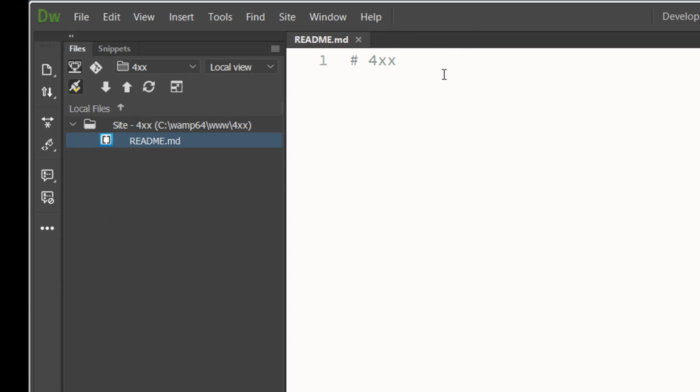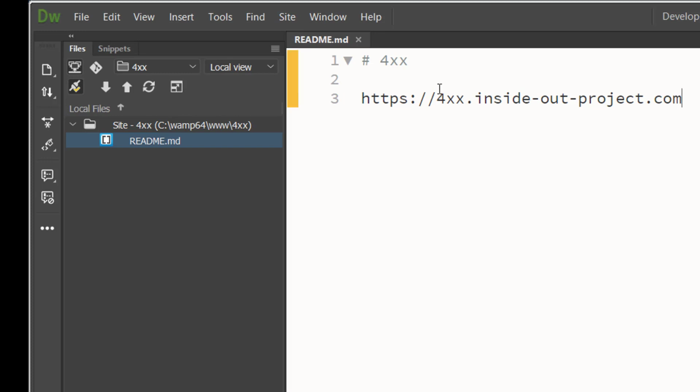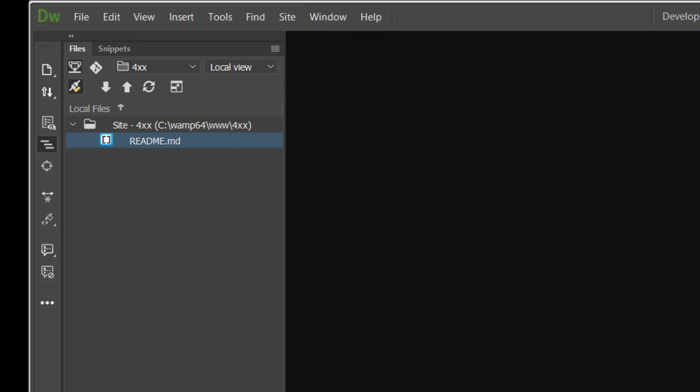And inside of there, what we want to do is add one line, and that line is going to be https://4xx. and then your domain name. Mine is insideoutproject.com, and we'll go ahead and save that. We'll close that file, and then the next thing that we want to do is we definitely want to